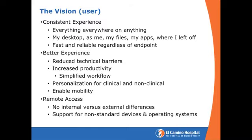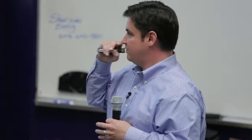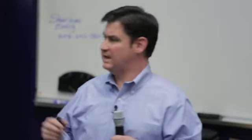We also wanted a better experience. We wanted to get the technical barriers out of the way when it comes to providing patient care. Too often the latest and greatest technology that we're providing adds yet another step, yet another component for the caregiver that they have to do that takes them away from the patient. We wanted to reduce the technical barriers, increase productivity, simplify the workflow, give a personalized experience, kind of a "this is my computer" kind of thing, personalization for both the clinical and non-clinical, and of course enable